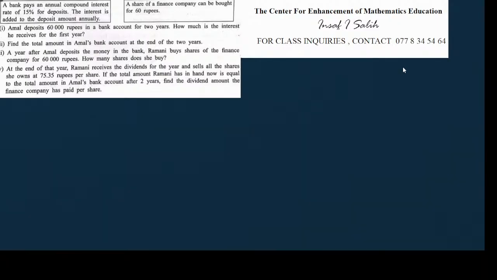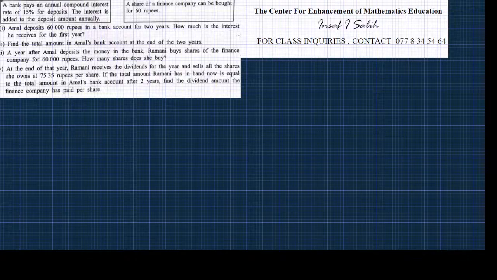Right. So let's look at what Roman 1 is. Amal deposits 60,000 in a bank account for 2 years. How much is the interest he receives for the first year? So how do we calculate the interest he gets for the first year? Interest is equal to PTR. What's the principal? The amount he deposits, the value of his fixed deposit. That is 60,000 rupees. So 60,000